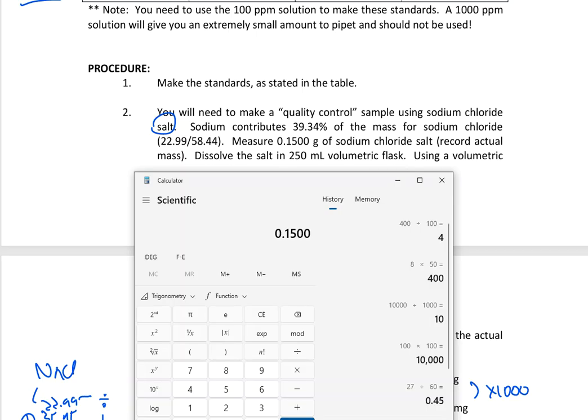and I know that if I measured out 0.1500 grams of sodium chloride exactly to the T, that's what I've got, I know now that only 39.34% of that mass is actually sodium. That is it. Nothing more, nothing less. 39.34% based on the percent composition calculation. So what we'll do is that we will multiply this by